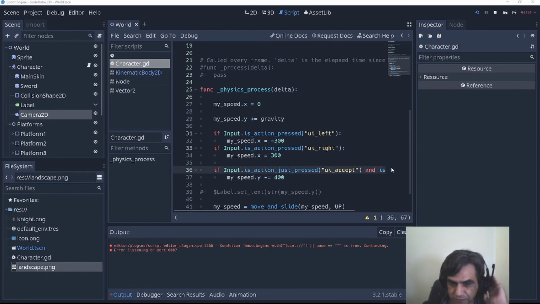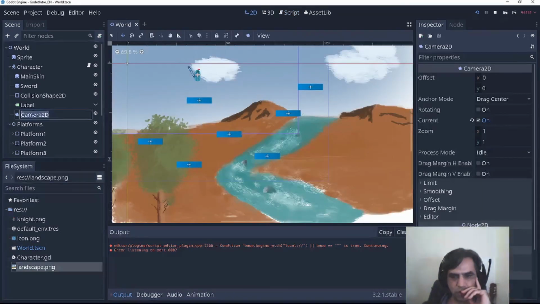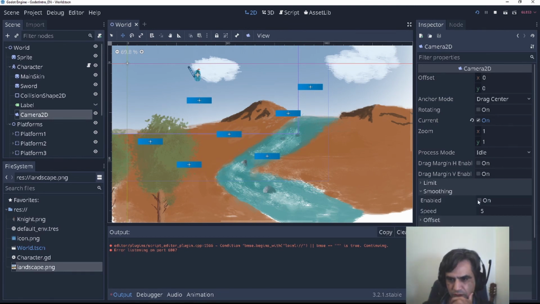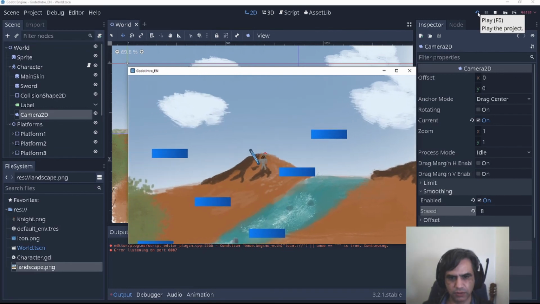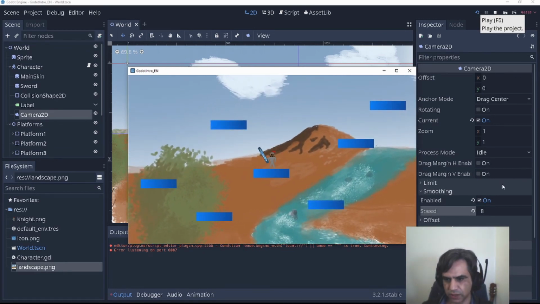So the only thing that I add is the gravity. You can do something like this. Actually, it gives more of a platform sensation. That is smoothing on, and let's give a speed maybe 8. Maybe more. Give me a second.